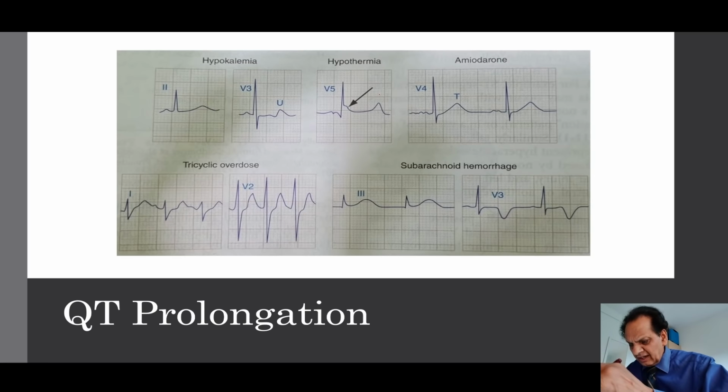In the same way, hypothermia, I have already shown you the J waves, so-called Osborn waves. Amiodarone, the QT is prolonged here. Subarachnoid hemorrhage, these types of QT prolongation and deep T waves are very classical of subarachnoid hemorrhage, although they may go into